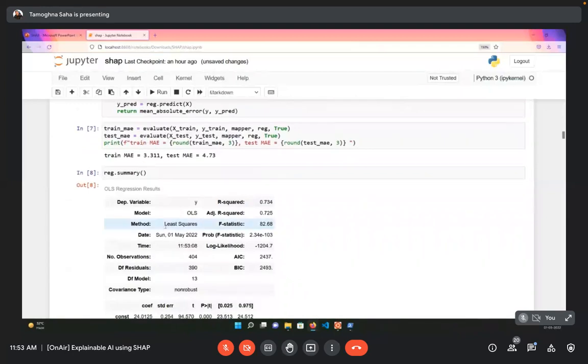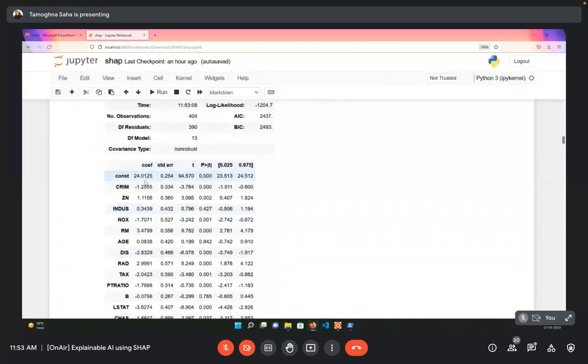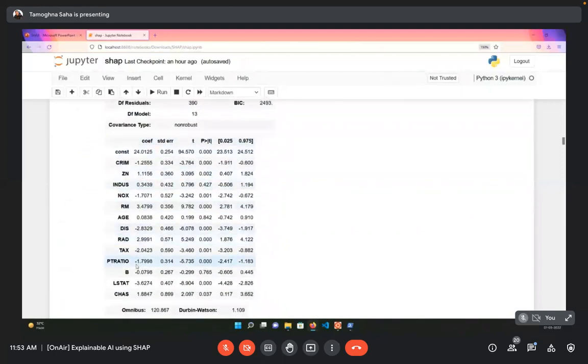So in this summary, it tells us again more detailed information about the model outcome as well as the coefficients that we are presented with. Whichever has the highest coefficient values, we can say those are the ones that usually contribute to the output of the model. However, it's not always going to be exactly that same logic over and over again.